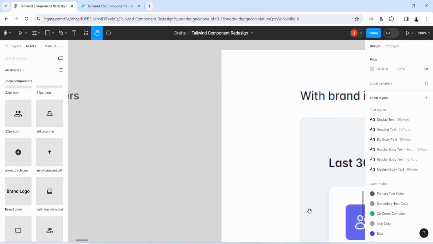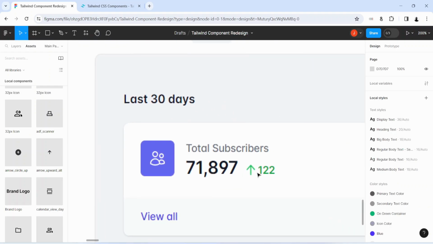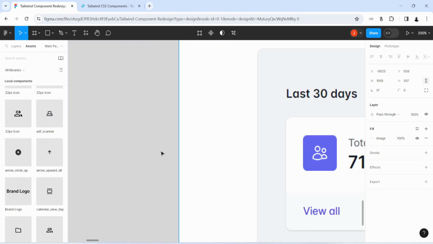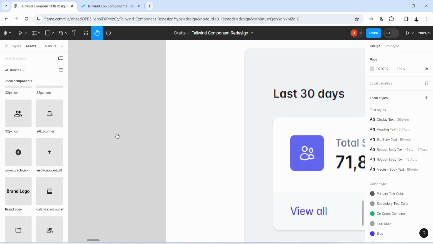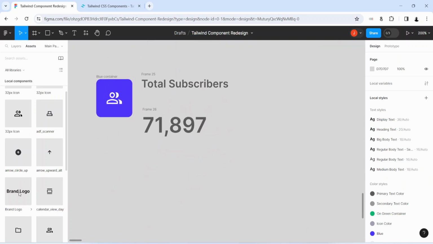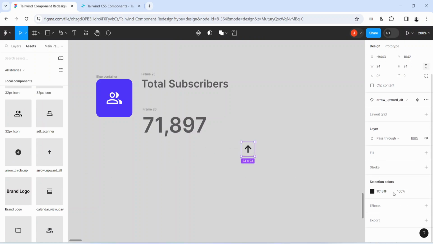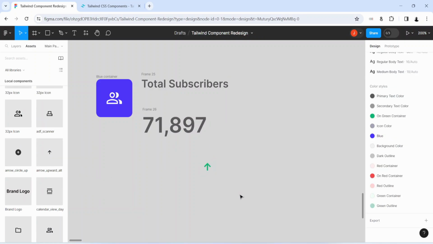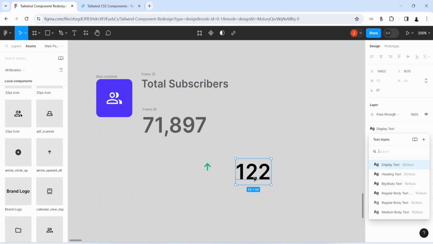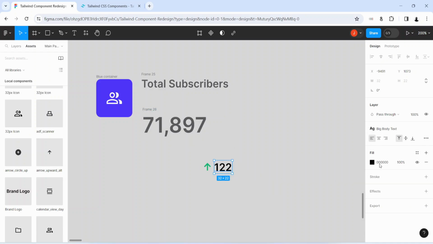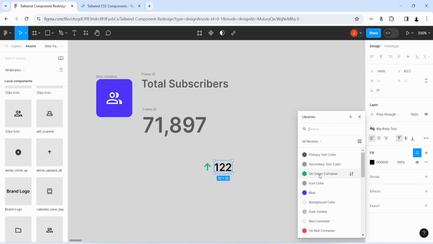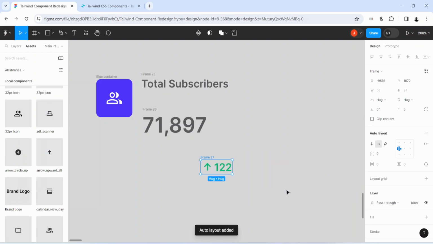And if I come back here, you'd see I have another thing to create. So I have this icon and this text here to create the text that says 122. So the way to do that is to come here, bring in the icon first. I think this is the icon here. Let's make the icon green, and let's create that text that says 122. So this text is going to be making use of my big body text style, of course, not the display text style. Keep it there, change its color also to green,